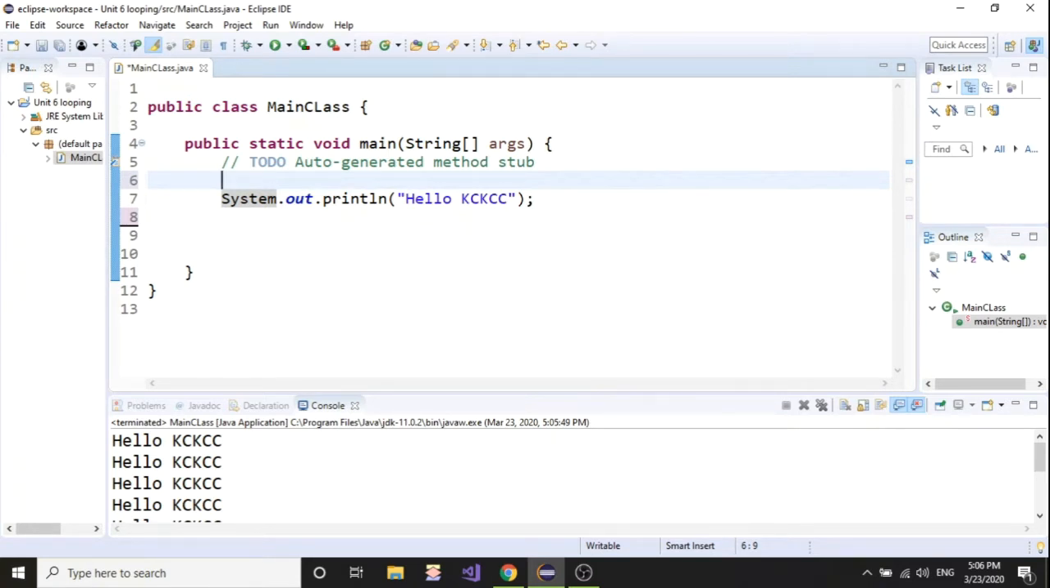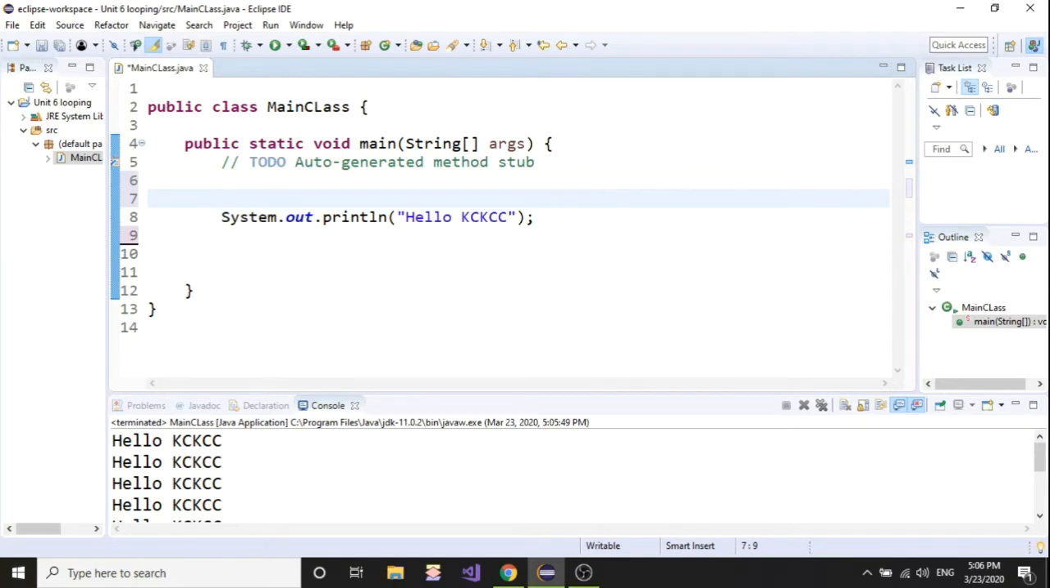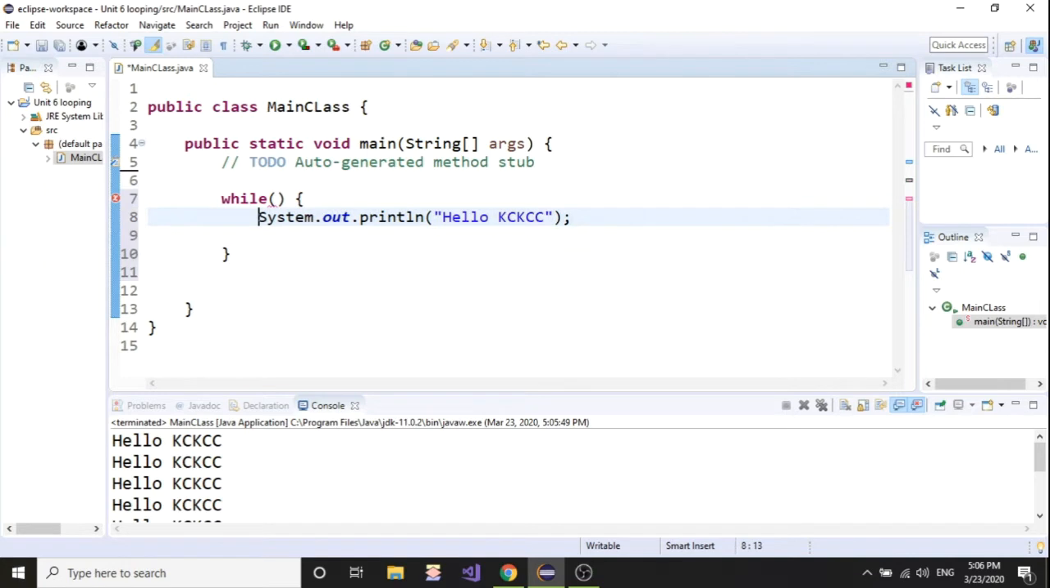The while loop basically starts with a keyword while. And then you have to open a parenthesis and you close it. That's the beginning of the while loop. Then after that, you open a curly brace, and then at the end, you close it. So I made a mistake here. Okay, now,